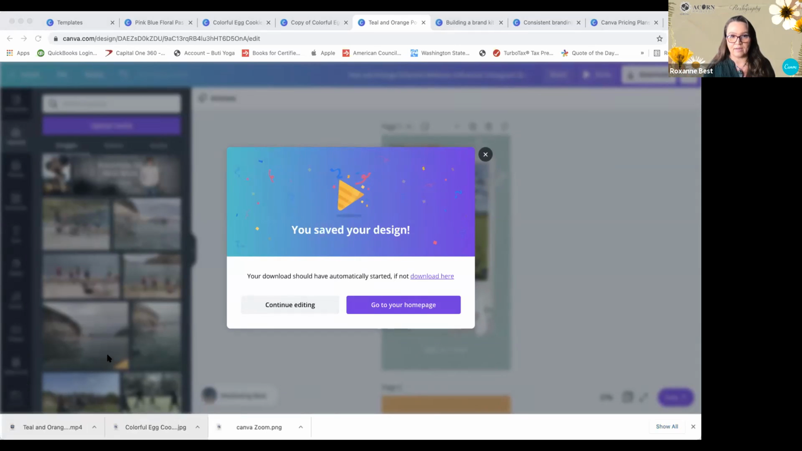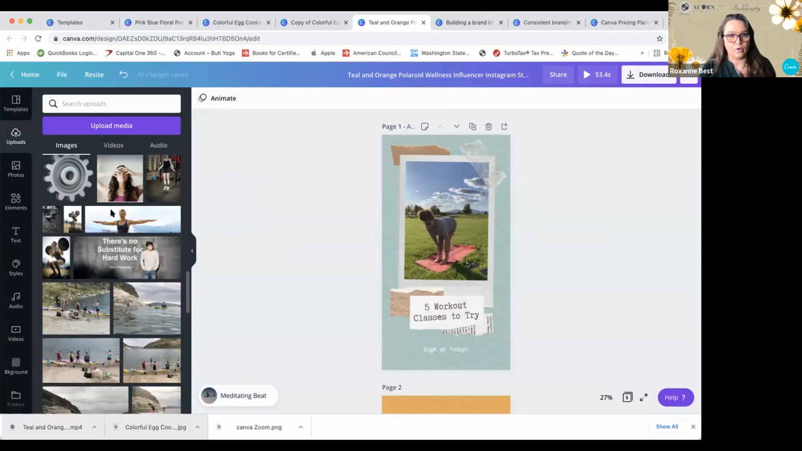So this template had music already added to it, and I just didn't notice. So that's something to also pay attention to. If you're using templates that are video, check the audio. So that would be a cool thing just to throw up on my Instagram stories and have a cool little presentation for my